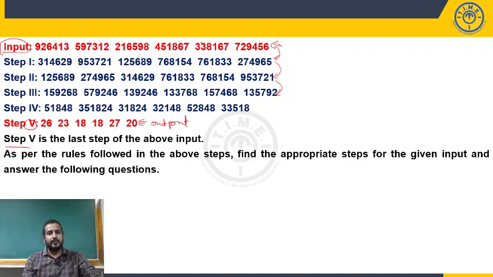Now let us try to identify the logic from input to step 1. What happened from input to step 1? How many changes happened? And in which numbers the changes happened? And in what way the changes happened? All these points you have to think. Right. Now if you observe, we have given 6 numbers: 1, 2, 3, 4, 5, 6. How many numbers given in the input, when compared with step 1, are same?